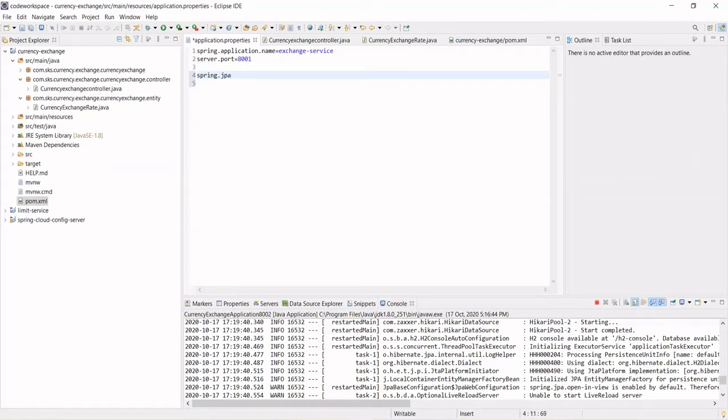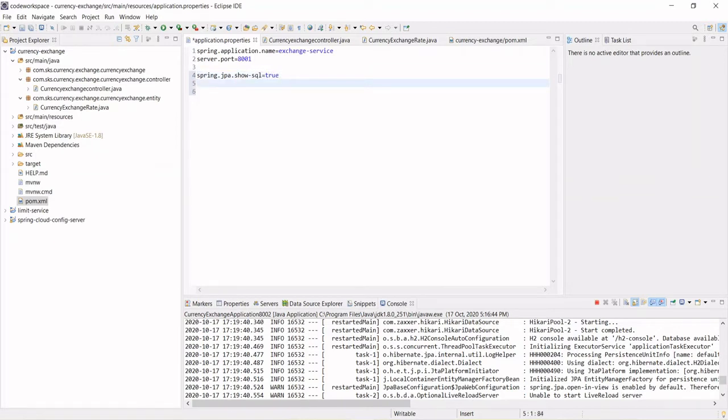We have already configured the dependency, so you don't need to configure the connectivity and all, but I want to show the SQL that is getting executed in the console. So for that we will put this configuration: spring.jpa.show-sql=true.